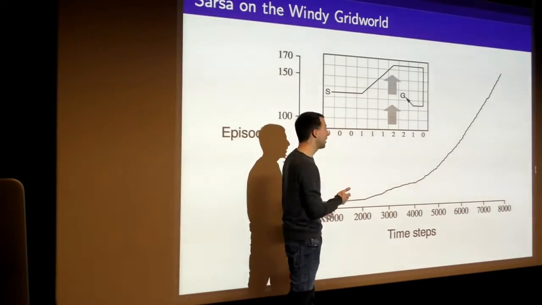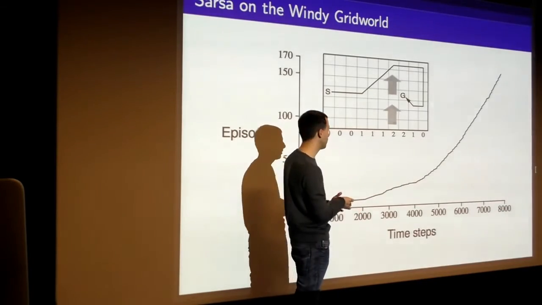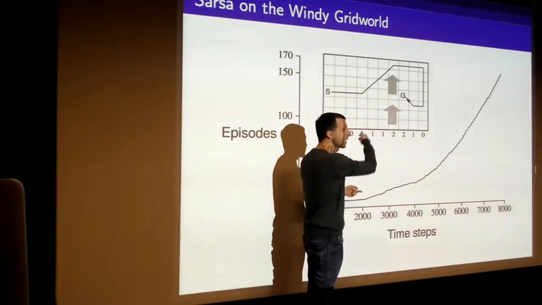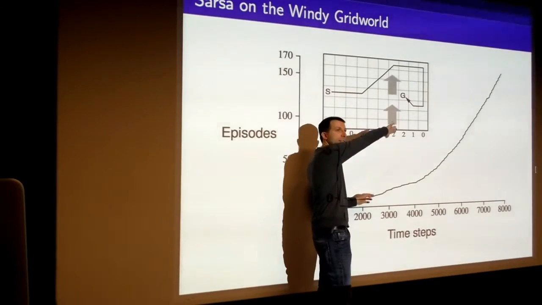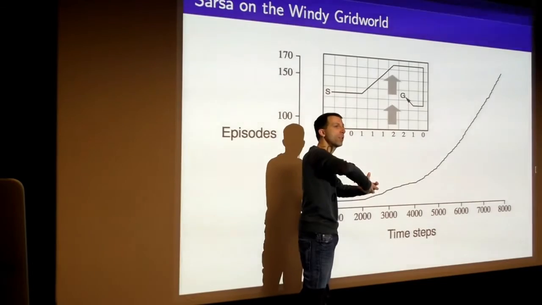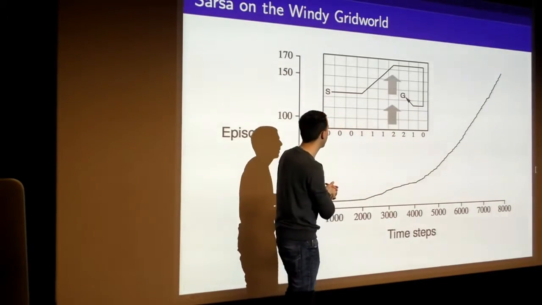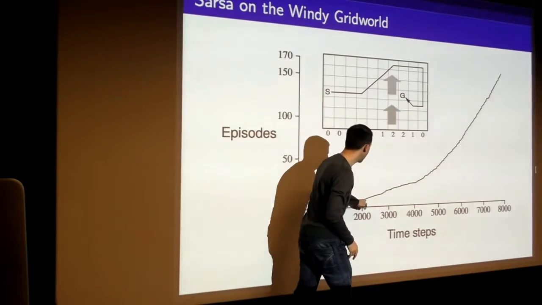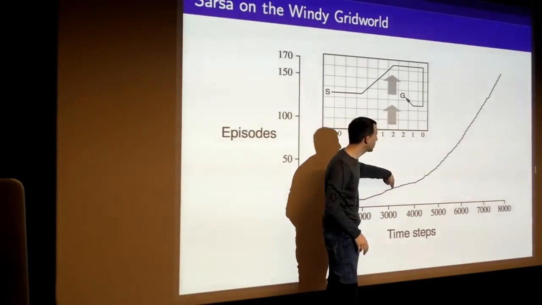But when it does, and this is really typical of reinforcement learning and these generalized policy iteration algorithms, the very next episode it does much, much faster, and you get these exponential increases. Once it learns some knowledge, it can bootstrap from that knowledge and do better and better as it starts to learn things. So it immediately learns faster and starts to complete episodes at a much faster rate now, until